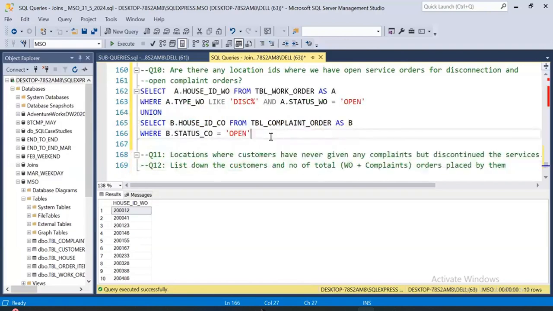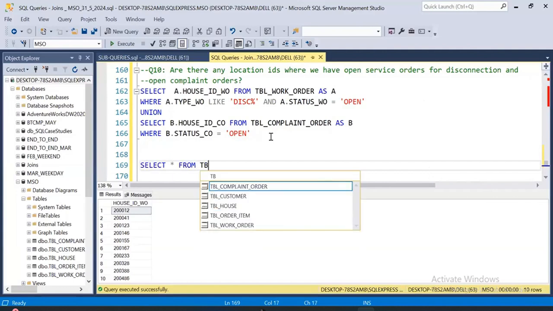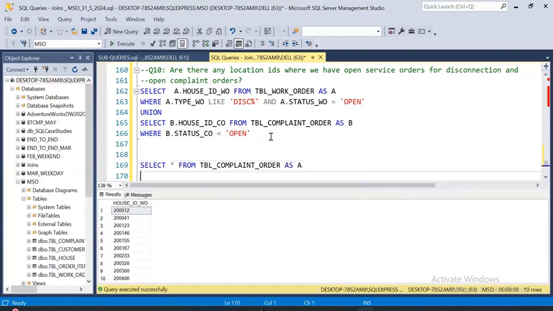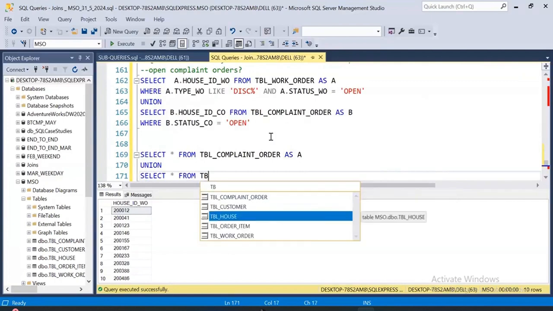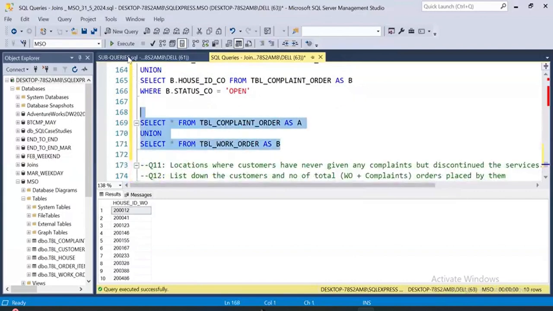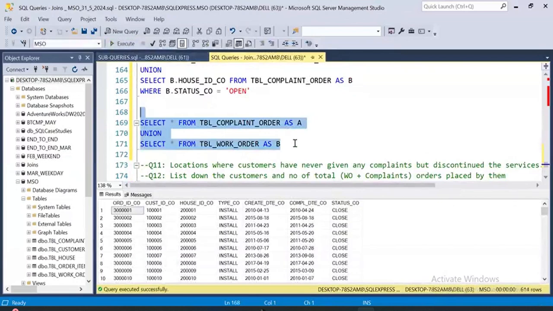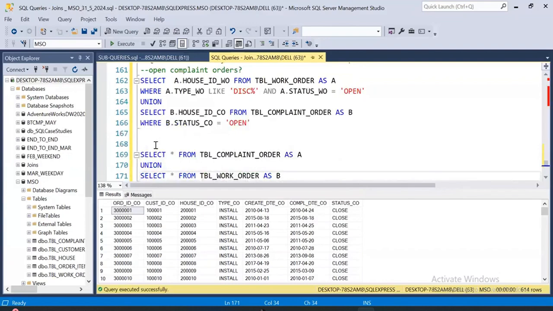That was filtering before appending. Or how you can do it without filtering first is, let's say, select star from TBL complaint order as A, union, select star from TBL work order as B. Number of rows is 614. Now here I just won't take house IDs. I need the entire table because I'm going to perform filtering after declaring this as a table. So I will first declare this as a table, select star from